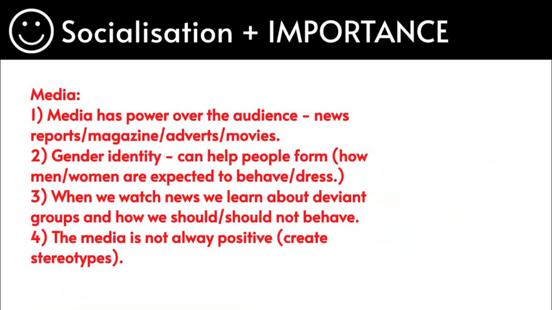Also, when we look at media, we look at the news, for example, and from the news we actually learn, you know what, this is really wrong because you get punished for this. You know what, this is right. So the media is really important because it tells individuals that you should behave like this and you should not behave like that. But the problem with media is it normally stereotypes women as well as creates various different stereotypical perspectives. And that helps some people, whilst it does not help others, to form their gender identity on how they expect to behave.